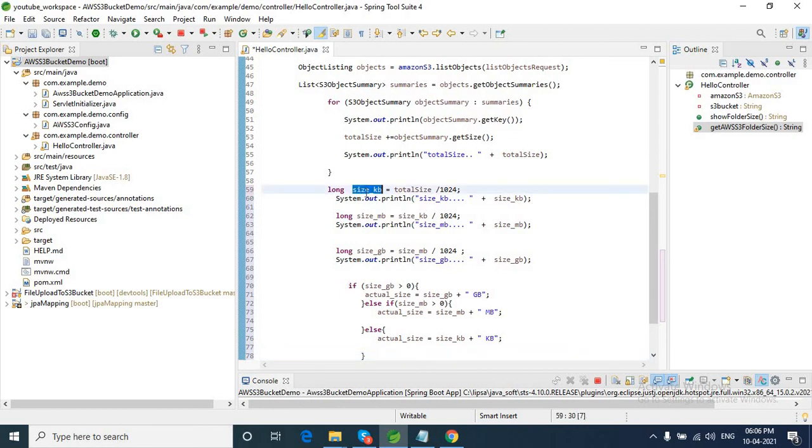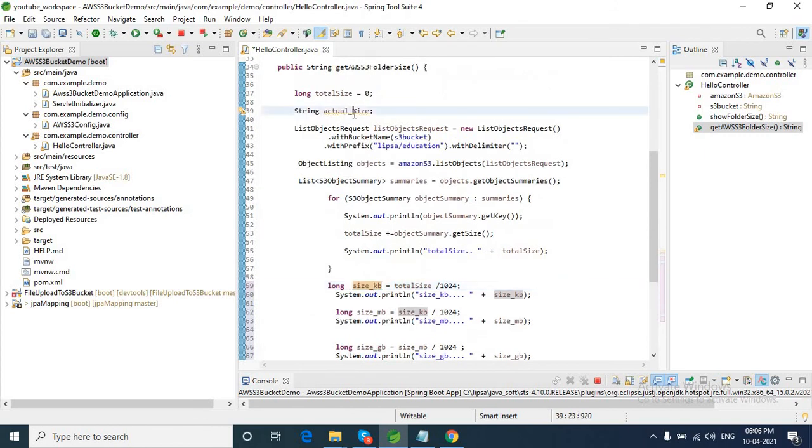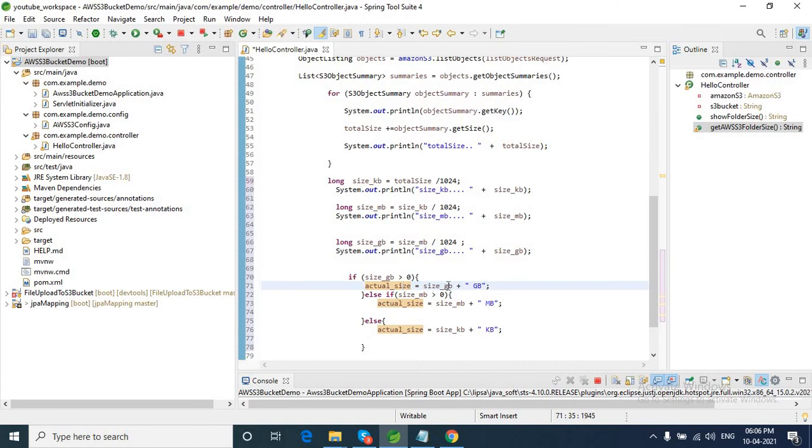Clear? So size in KB is total size divided by 1024. Size in MB is size KB divided by 1024. Okay, size in GB is size MB divided by 1024. If size GB is greater than 0, then actual size, we have created another variable here, actual size. Actual size equals size GB plus just append GB.